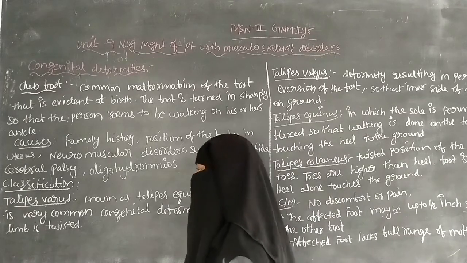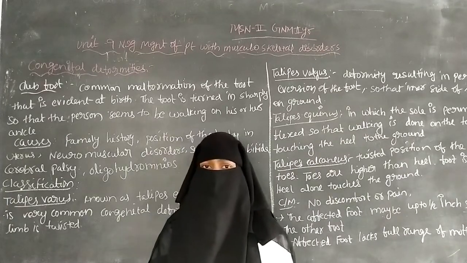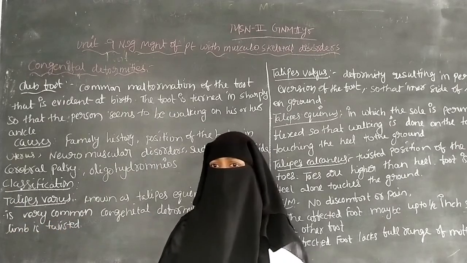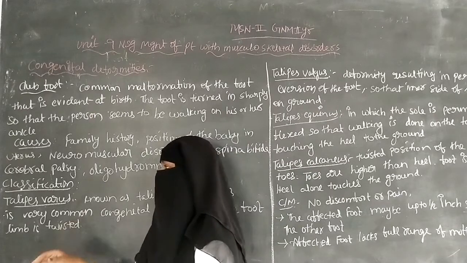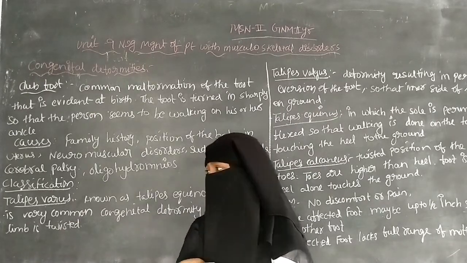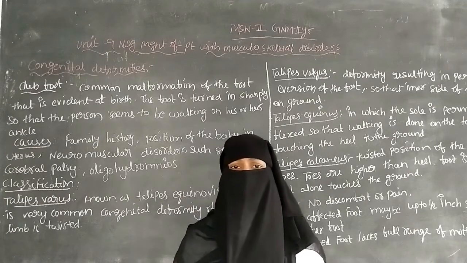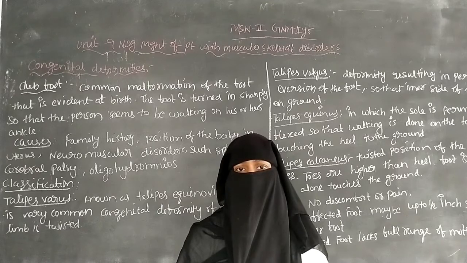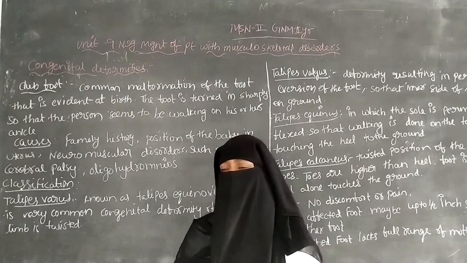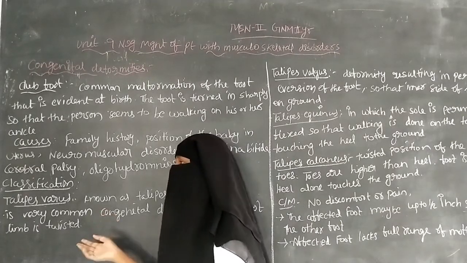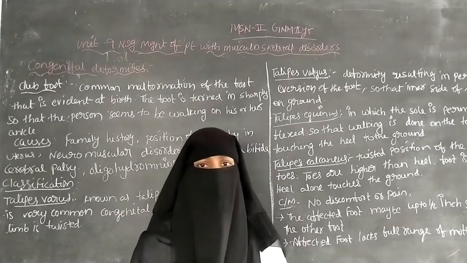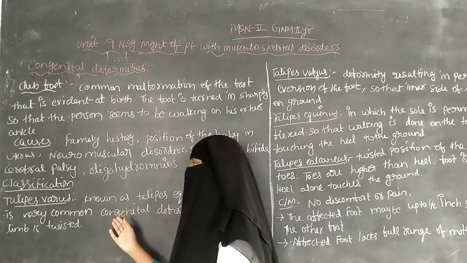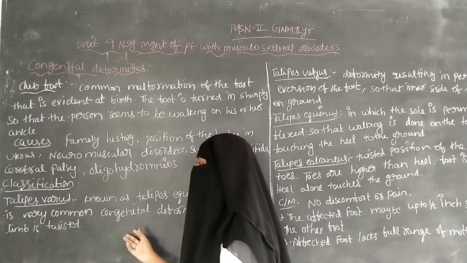In Talipes varus, the limb is twisted, so the foot is twisted inward, toward the inside of the body. Because of this twisting, the person maintains balance over the ankle. By the ankle only is the person able to walk. The patient cannot walk on the foot and has to keep more balance on the ankle.